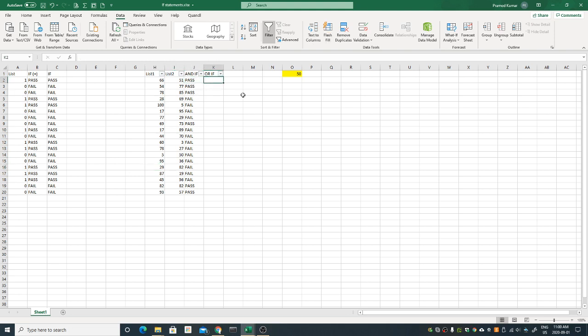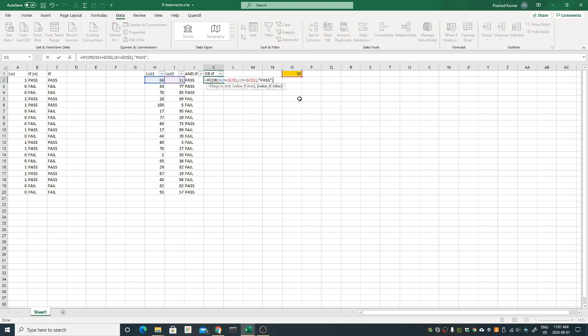Pretty much it is the same. In that case, rather than the AND, I'll use the OR condition. So OR, and then the rest is all the same. If this is greater than or equal to this number, I lock the cell, or I'm saying this one is greater than or equal to this number, which is 50, close the bracket, and then I'll just pass the value which I want